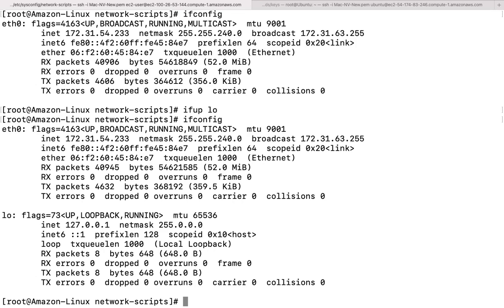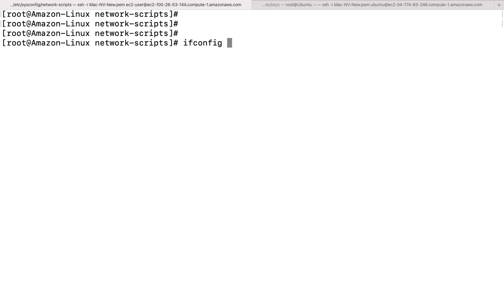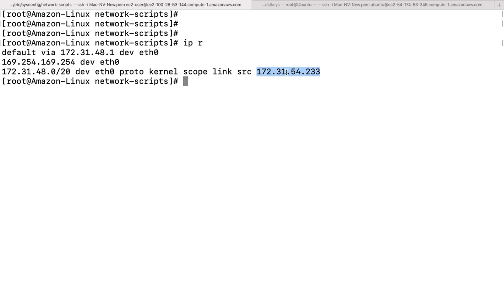Guys, keep this in mind. If you are working on a real production environment, you are never supposed to execute this command. Otherwise you will be logged out from the operating system, and you will not be able to log in again unless you reboot, or you have the physical console of that operating system. That is why I tested this command with loopback only, because I know that I logged into this system using this particular IP address, not the loopback one.